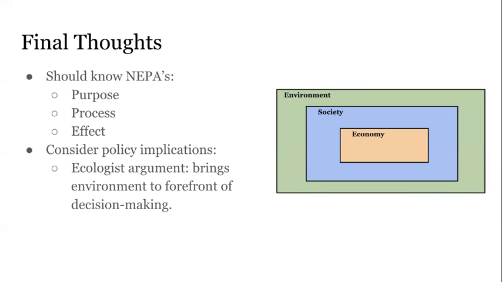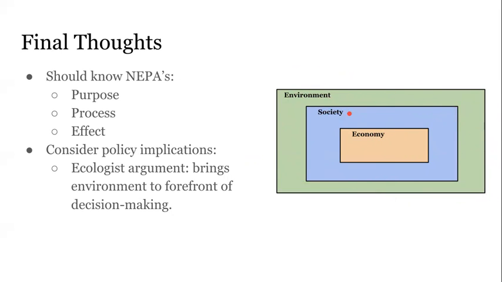policy implications. And that mainly is, if we think about NEPA practically speaking, it really speaks from the economist versus ecologist to the ecologist argument. It really brings the environment to the forefront of decision-making. And that's why I brought forward here, when we did our introduction into environmental law, we talked about the idea that there's this conceptual chart where the environment creates the outside limits of human decision-making. And then we have our social institutions, of course, and then we have our economic considerations, our economy, which sits within our social institutions. And our social institutions to some degree sit within our environmental constraints.